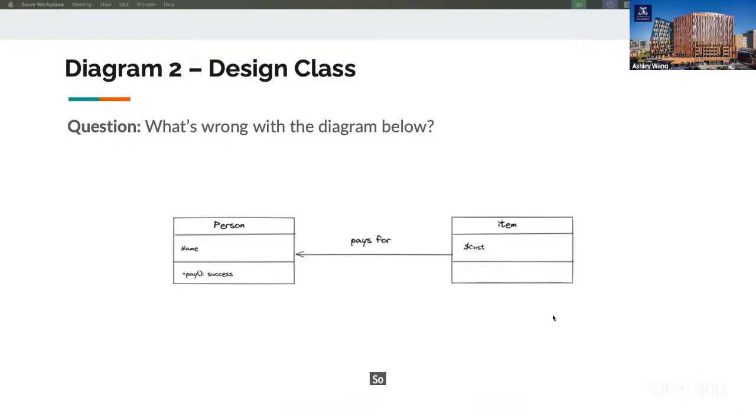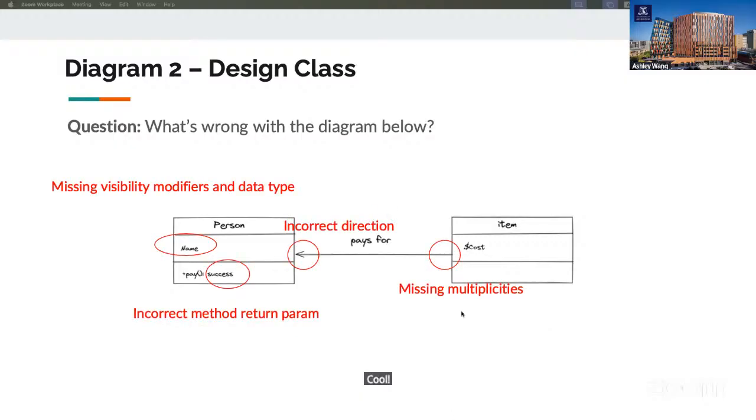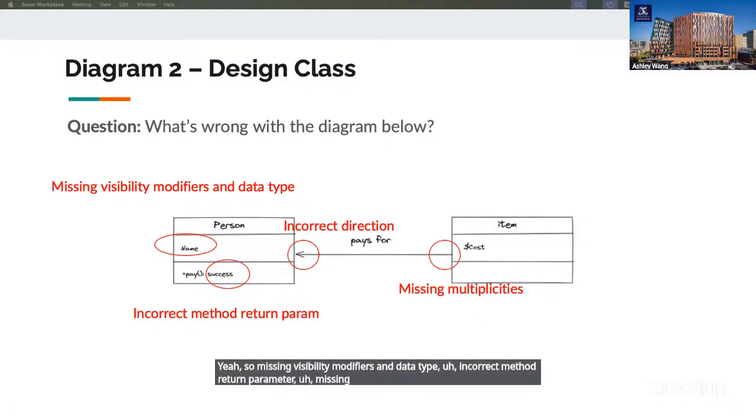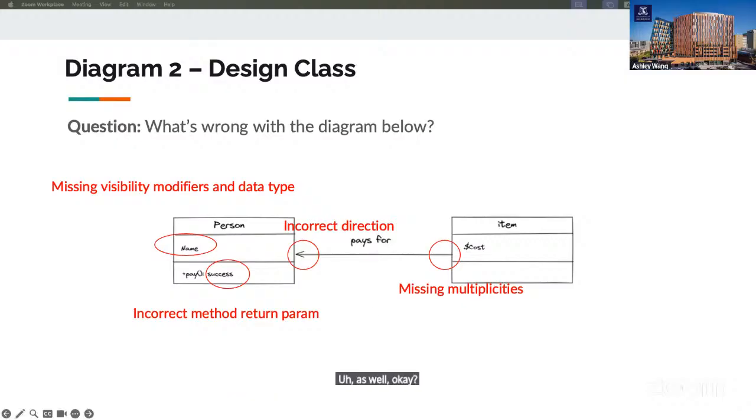So I guess it should be a Boolean value here, maybe? Cool. So missing visibility modifiers and data type, incorrect method return parameter, missing multiplicity and incorrect direction as well. Okay, cool. Let's move on.